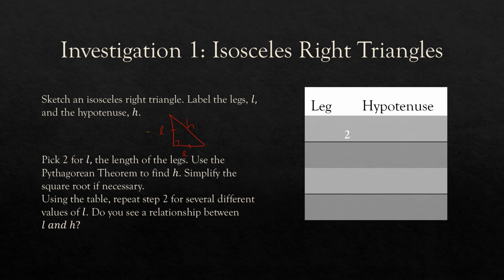So the first time, if we pick 2 for L, our Pythagorean theorem would be a squared plus b squared equals h squared, our hypotenuse, our c squared. So 2 squared is